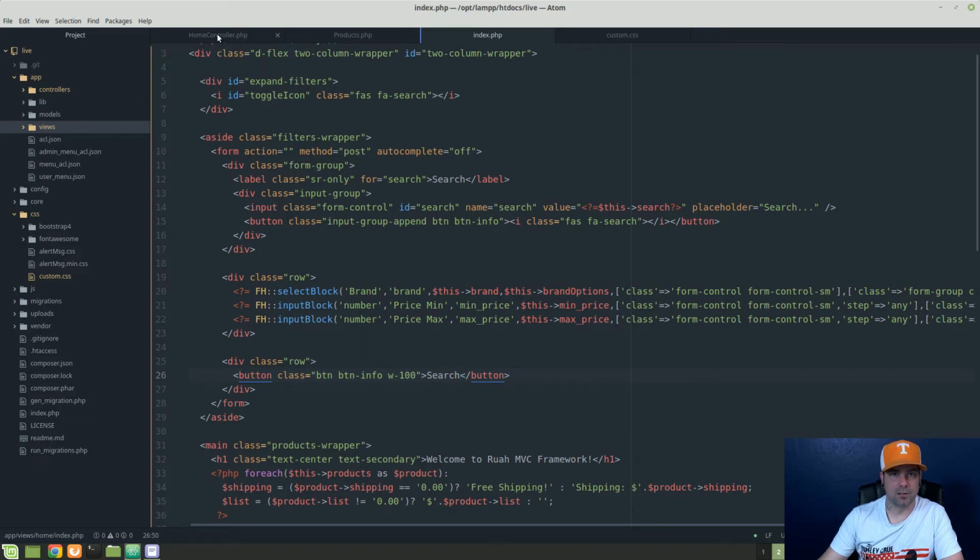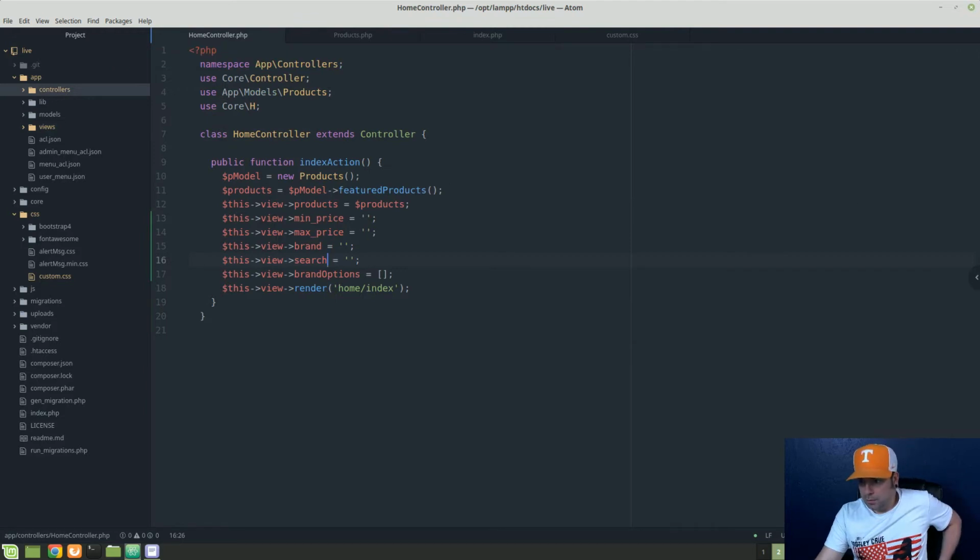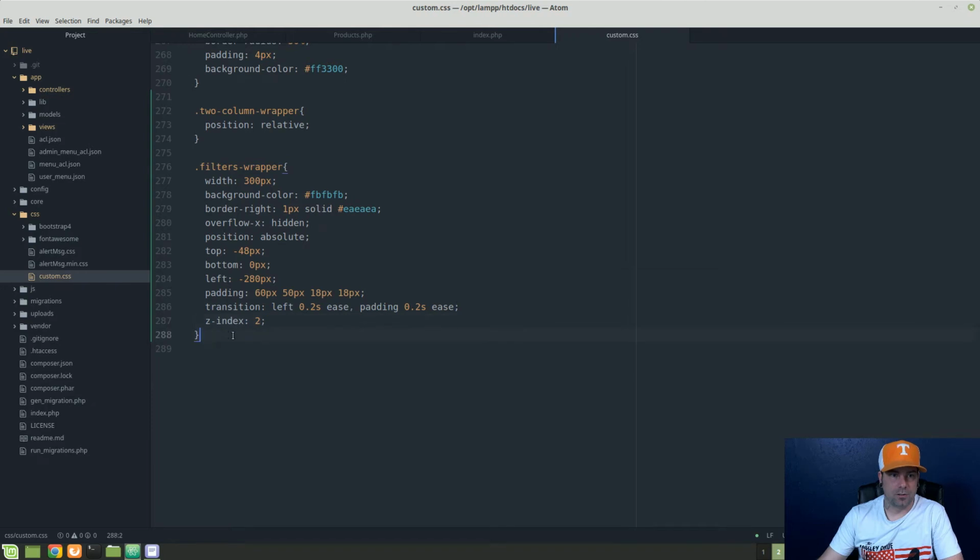So expand filters. Let's go ahead and style up that expand filters real quick. So inside of the 2 column wrapper, I want to target the expand filters div,